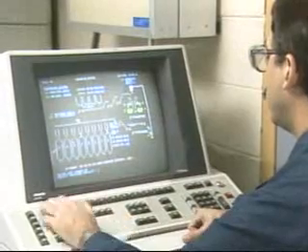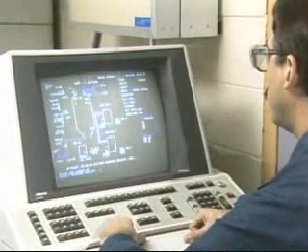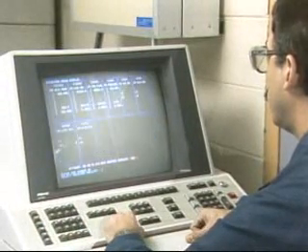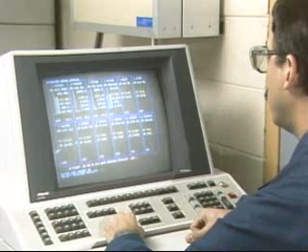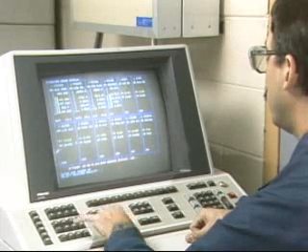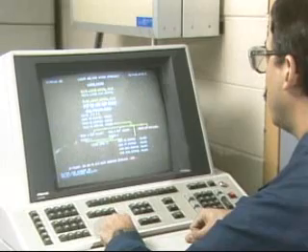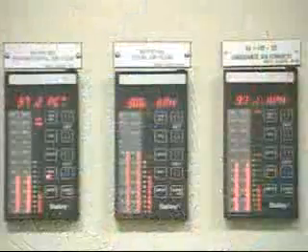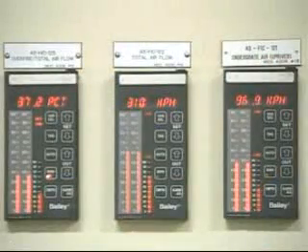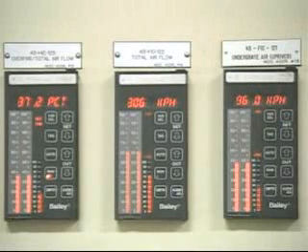Instead, it directs the activities of the process controllers in the system. Normally, the supervisory computer determines set points based on measurements of process variables sent to it by the process controllers. The process controllers then generate corrective actions based on the difference between the measured values of the process variables and